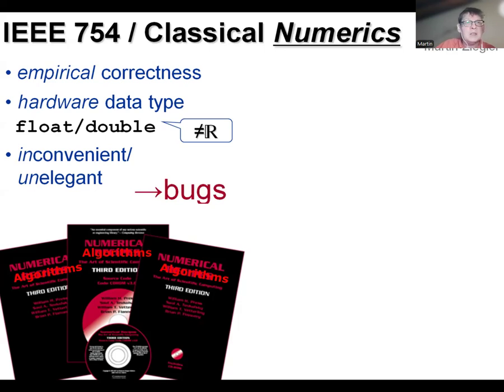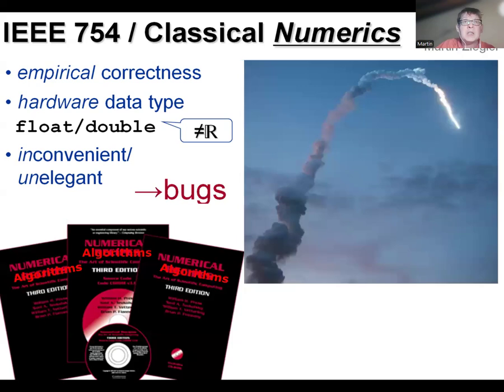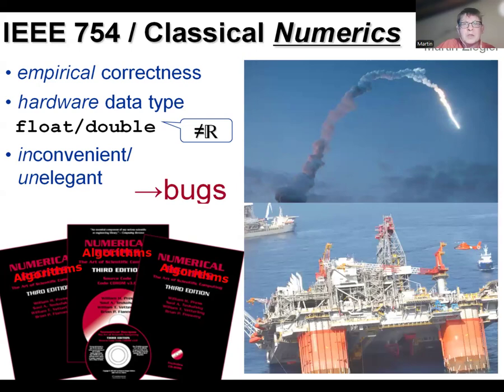And indeed, this leads to bugs with sometimes disastrous consequences. For example, the Ariane 5 maiden flight failed due to a numerical bug, and also the Sleipner oil platform turned out to have a design flaw because it was designed using unstable numerical code. This can be prevented by having data types that agree with the mathematical data types, and modern high-level programming languages, for example, support real mathematical integers. Java does, Python does, and C++ can be extended to do that using the GMP library,